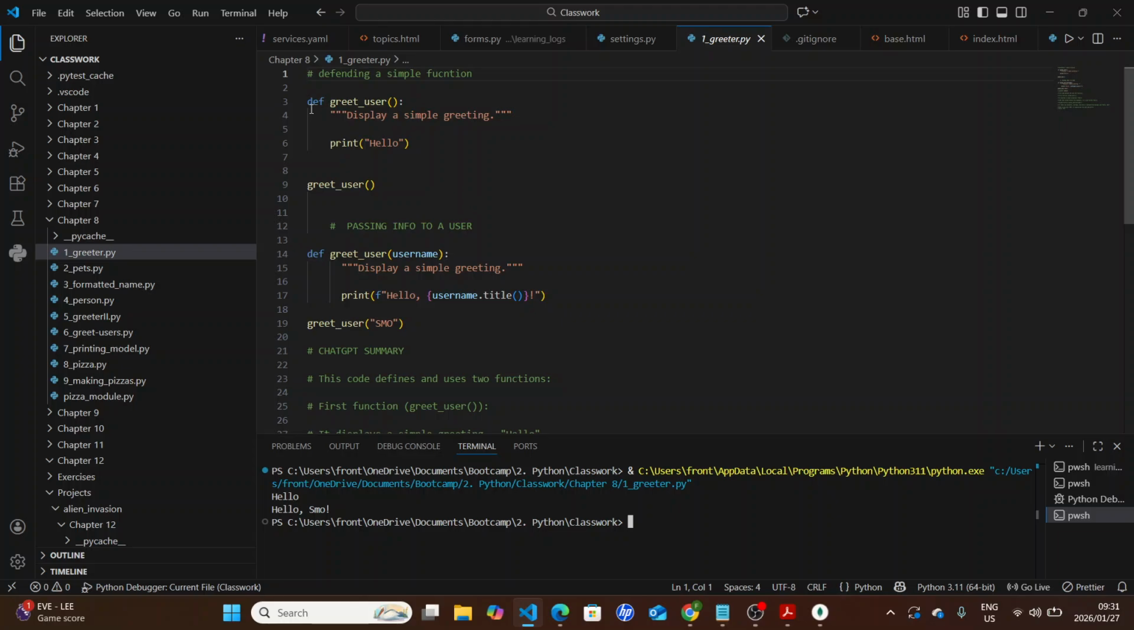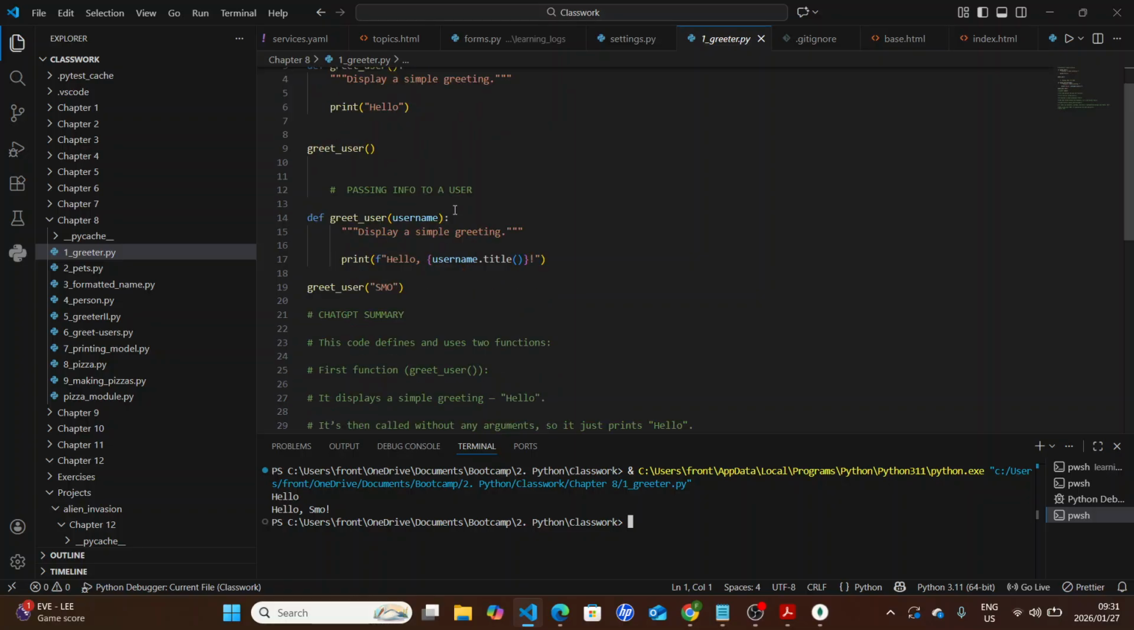So the first line of our code is def greet_user. Then it displays a simple greeting, which is hello. So the code defines two functions. The first function is greet_user, which is above. It displays a simple greeting saying hello. It then calls